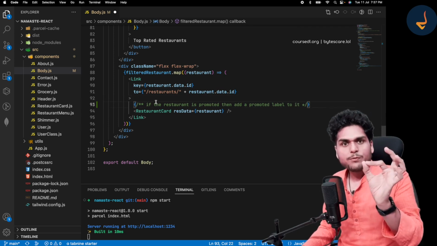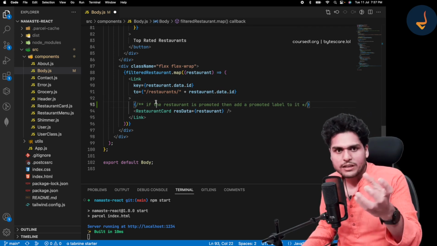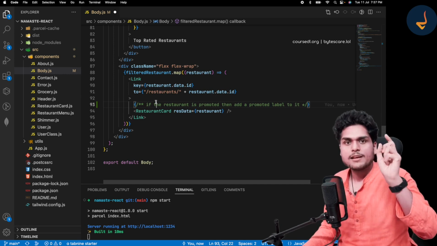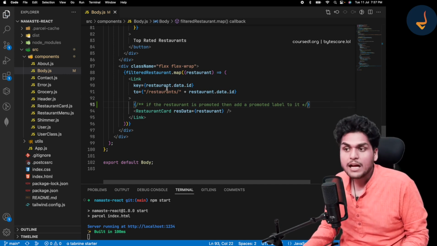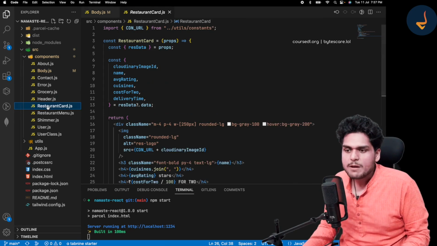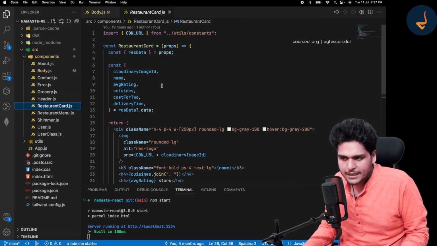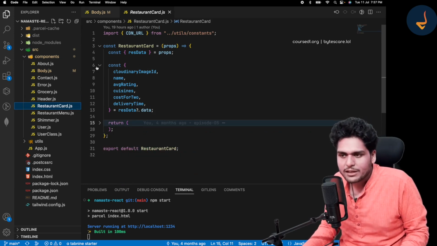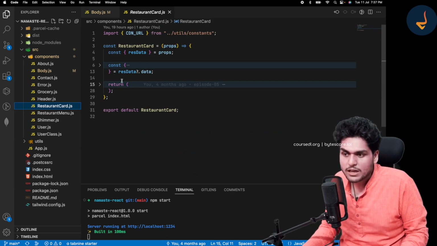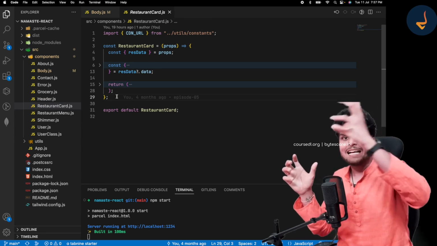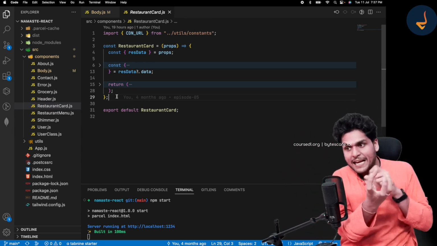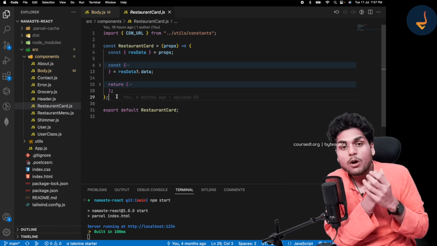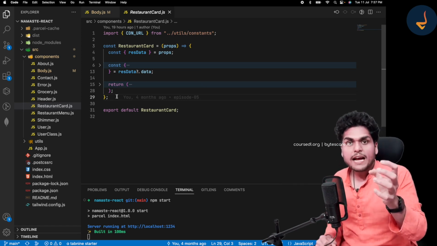So now, first of all, let me create a higher order function that will give us a card with a promoted label. Let me show you how we can make a higher order component. Let me go to the restaurant card. This is the basic restaurant card that we are using, isn't it? Now we want another restaurant card that is an enhanced version of this one, but has a promoted label on top of it. So for that, we will create a